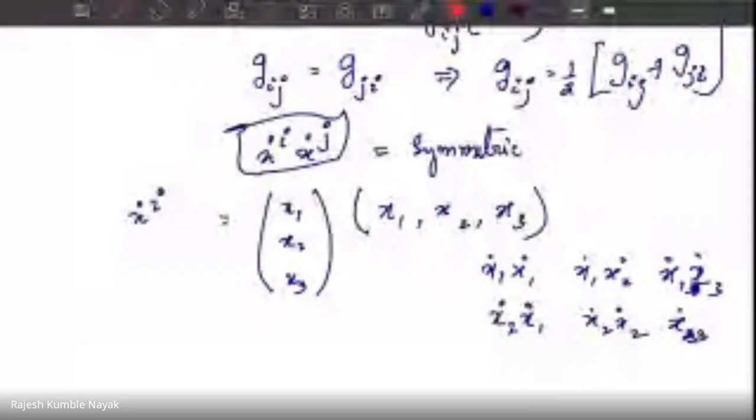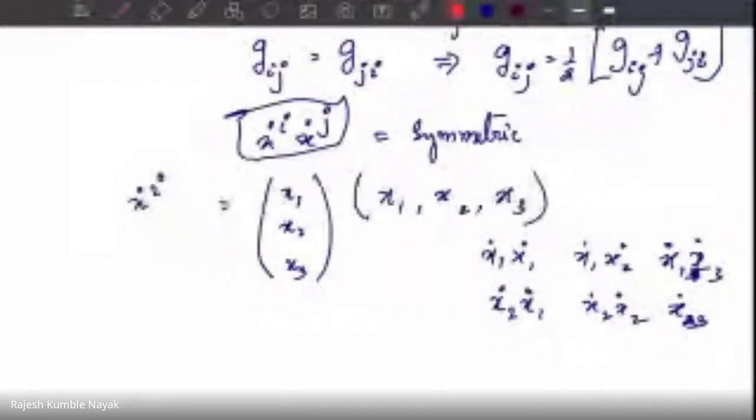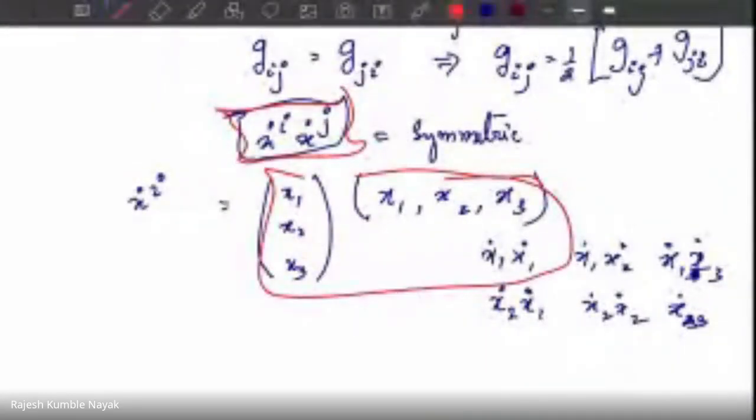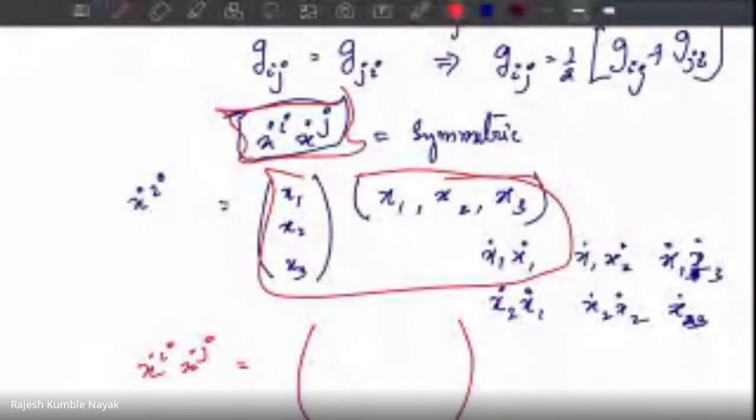Yeah, no, it is not that simple. You are correct that writing this as this is wrong. But look at what happens: I write x dot i, x dot j, and then I simply put in the numbers. I don't care about anything else. I just say that i goes from 1, 2, and 3, and j goes from 1, 2, and 3.